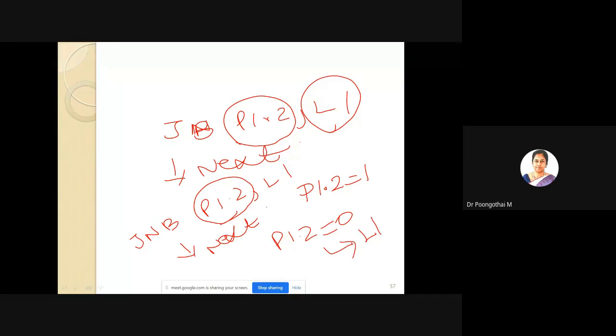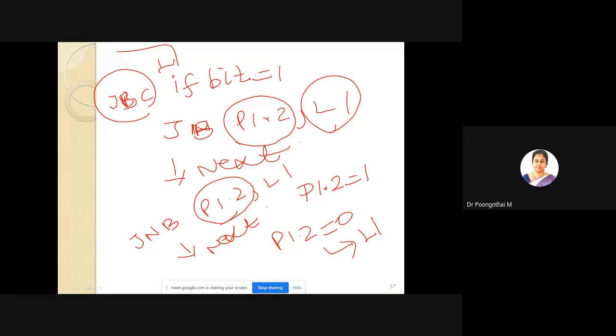And jump bit clear. The condition is if bit is equal to 1, your program control transfers to the label mentioned in the address.